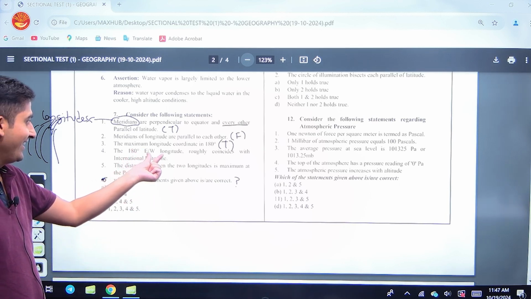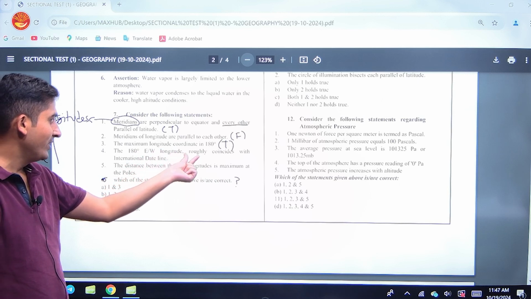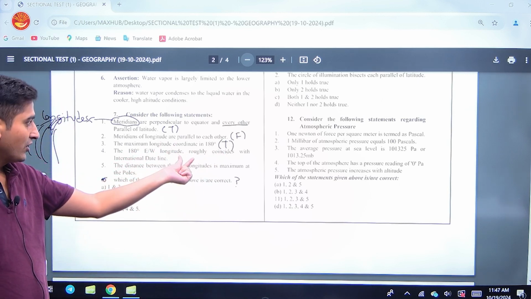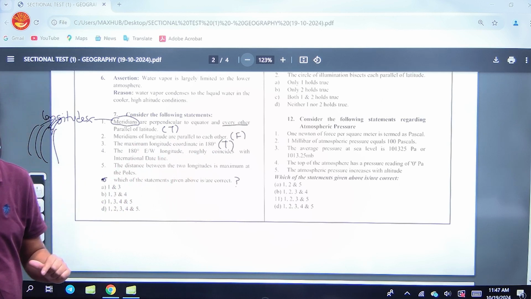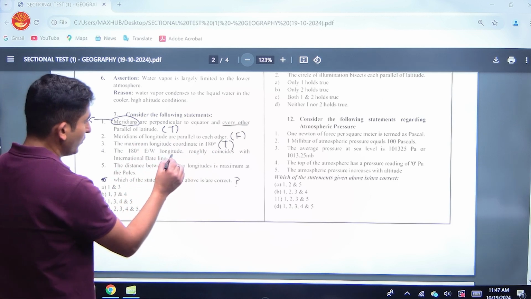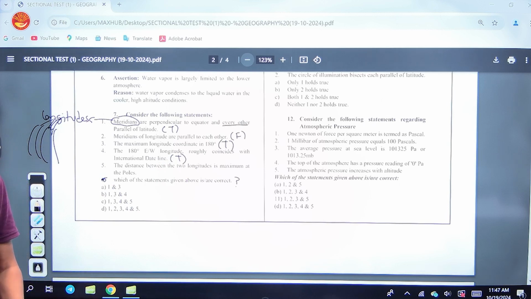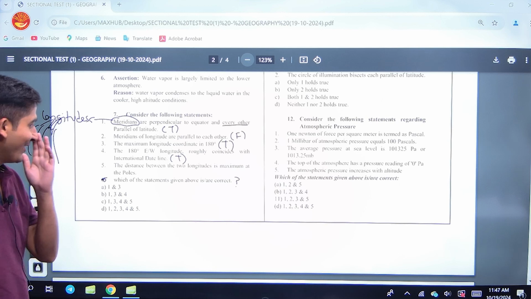The 180 degree east or west longitude roughly coincides with the international date line. Yes, true. ठीक है, कोई दिक्कत नहीं है। Because 180 degree, because सुनो यार, आपने बोला था इतनी गलतियां कर सकते हो, इतनी करना ओके, नो नो, अभी एक और है ना यार।